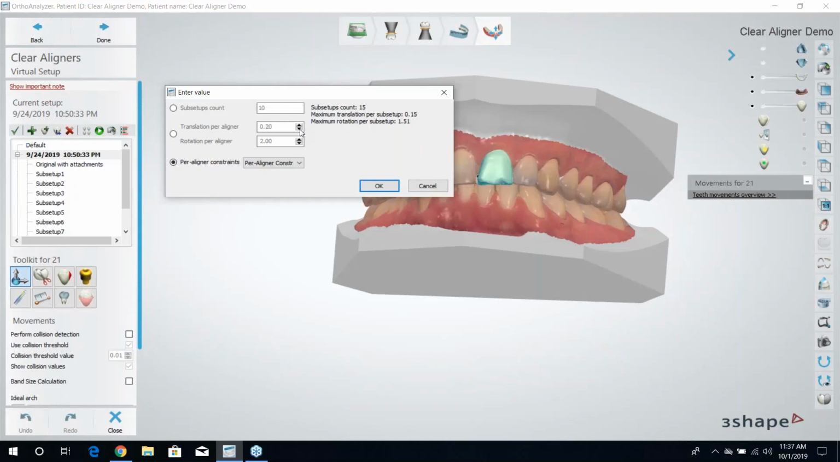And what's nice about this feature is if you have several doctors that have several per aligner constraint preferences, you can actually set these up per doctor. You can go into control panel, you can set up a set of parameters for your per aligner constraints, and then you can name it Dr. Joe or Dr. Smith or Dr. Bob. And then in here, in your per aligner constraints, you can select, oh, this one's for Dr. Bob. I know he only wants to be able to move teeth X amount per constraint. I'm going to select Dr. Bob, and then it's going to give you your sub setups based on Dr. Bob's